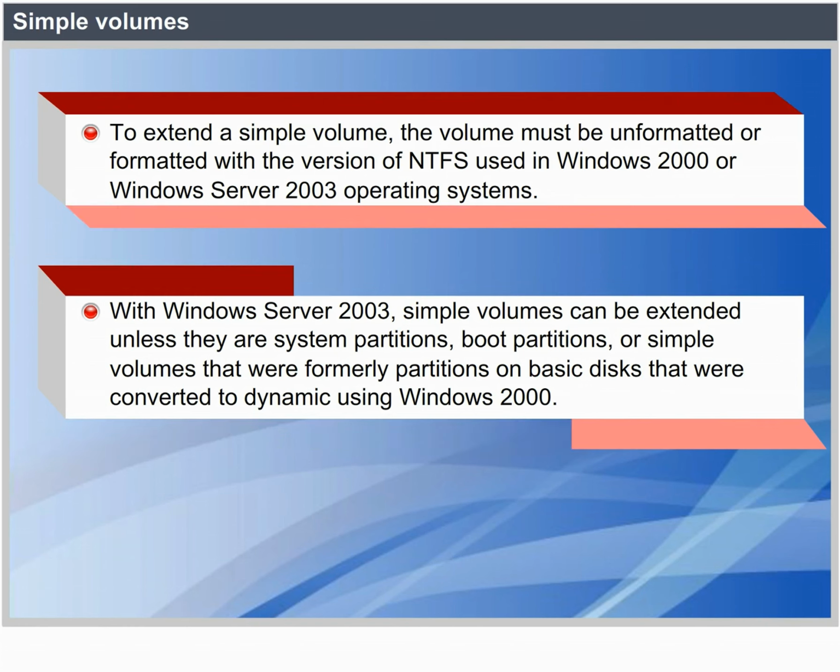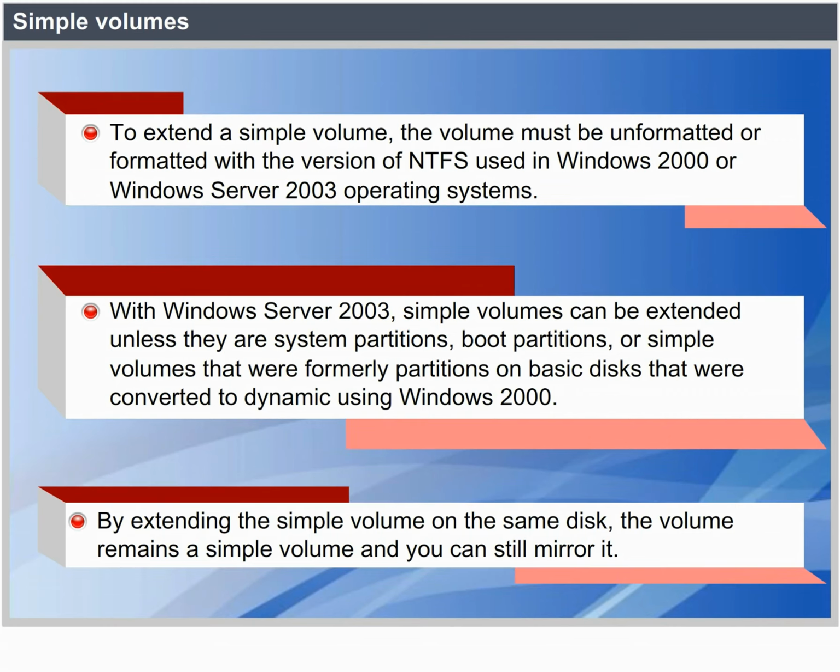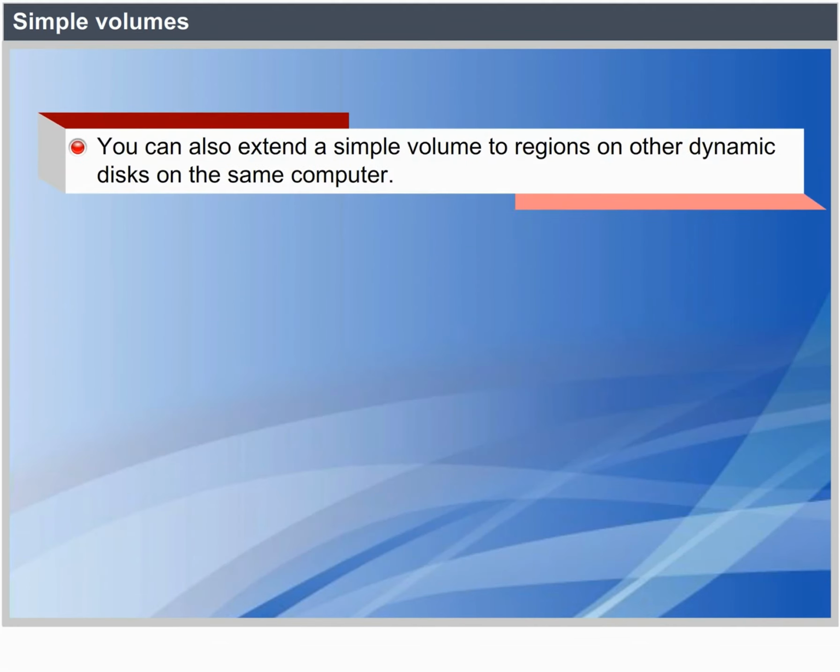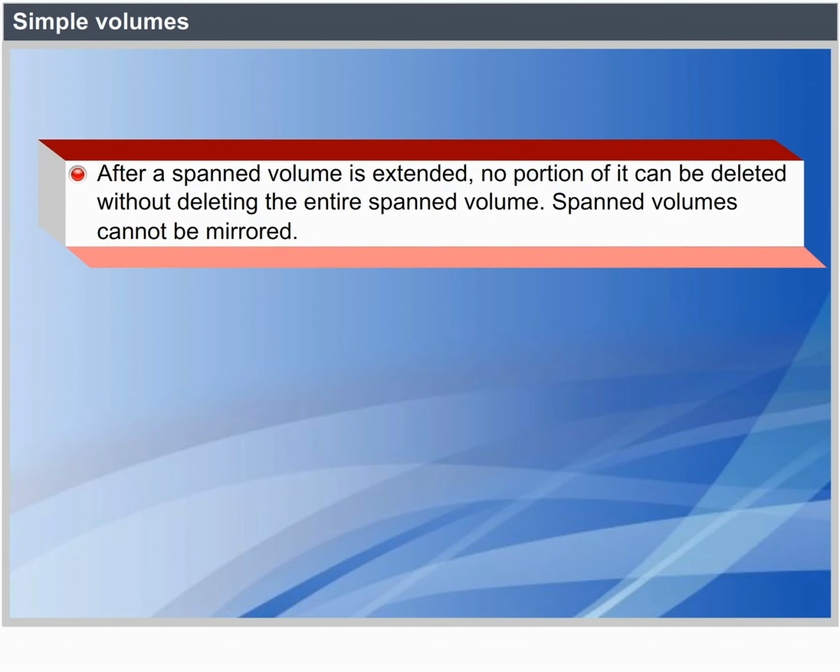By extending the simple volume on the same disk, the volume remains a simple volume and you can still mirror it. You can also extend a simple volume to regions on other dynamic disks on the same computer. When you extend a simple volume to one or more other disks, it becomes a spanned volume. After a spanned volume is extended, no portion of it can be deleted without deleting the entire spanned volume. Spanned volumes cannot be mirrored. For procedures on creating and extending simple volumes,